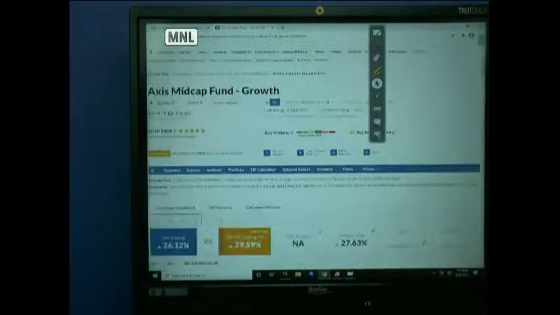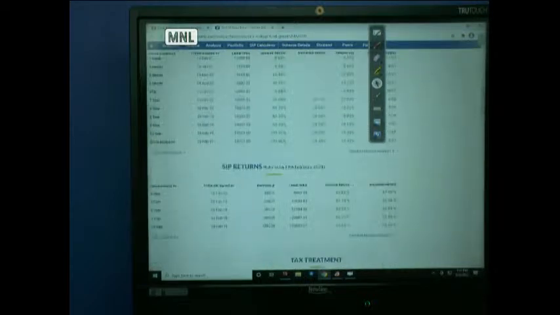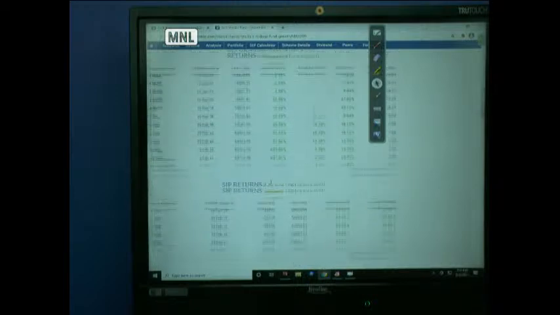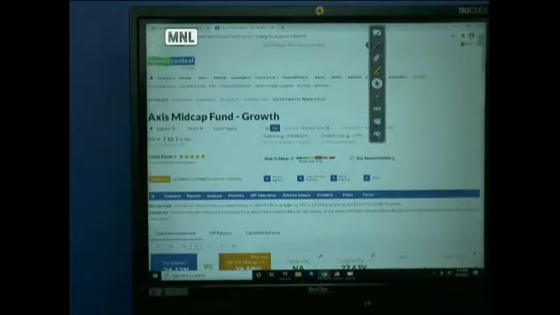So we'll just again go back to this mid cap. Just keep in mind that 3 years is 25, 5 years is 20, and 10 years is also approximately the same. So 25, 20, and 19. So we'll just revisit the